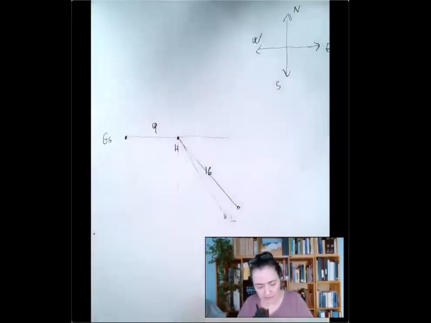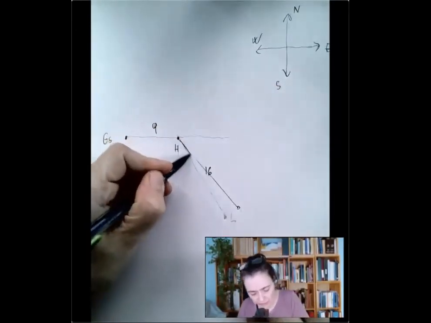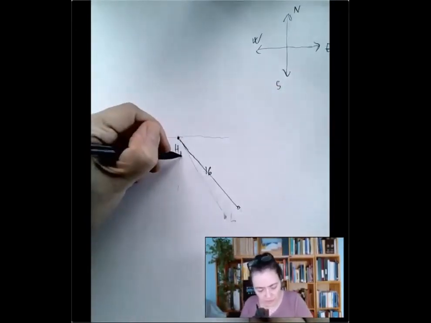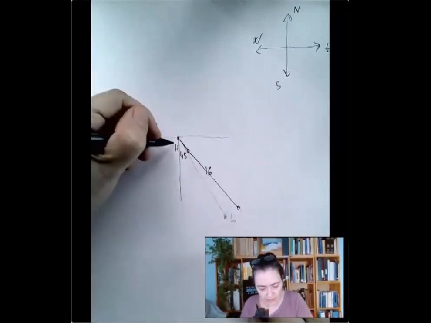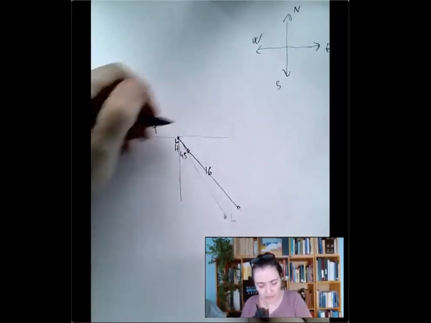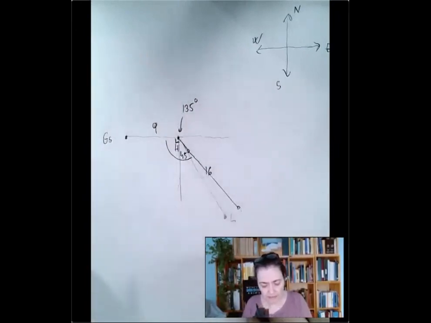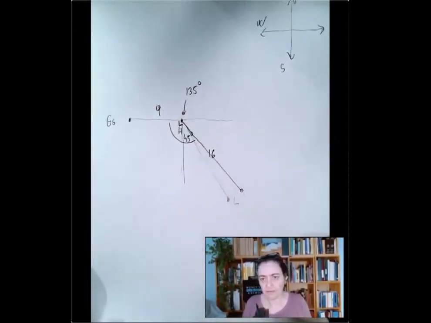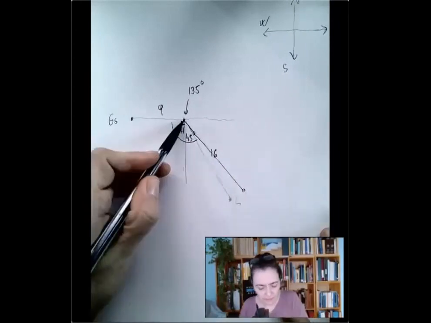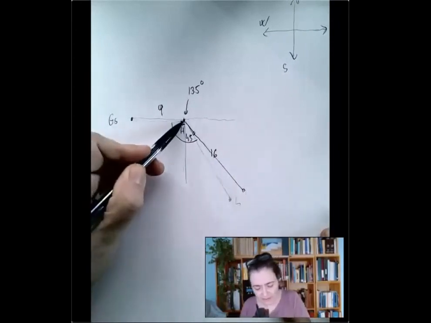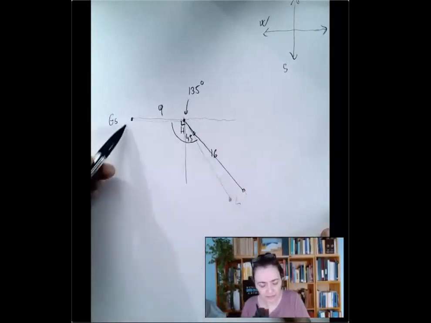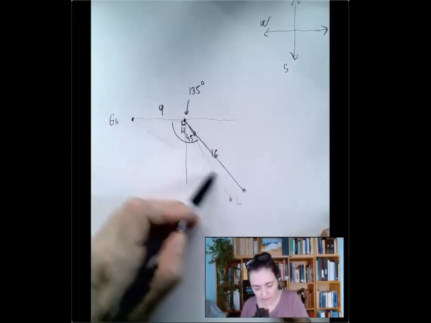And that means that it splits this quadrant in half. So this is 45 degrees, and this is 90 degrees. So this angle here is 135 degrees. And therefore, we're set up for the law of cosines, right? If we know a side, another side, and the angle in between them, then we can compute the missing side,